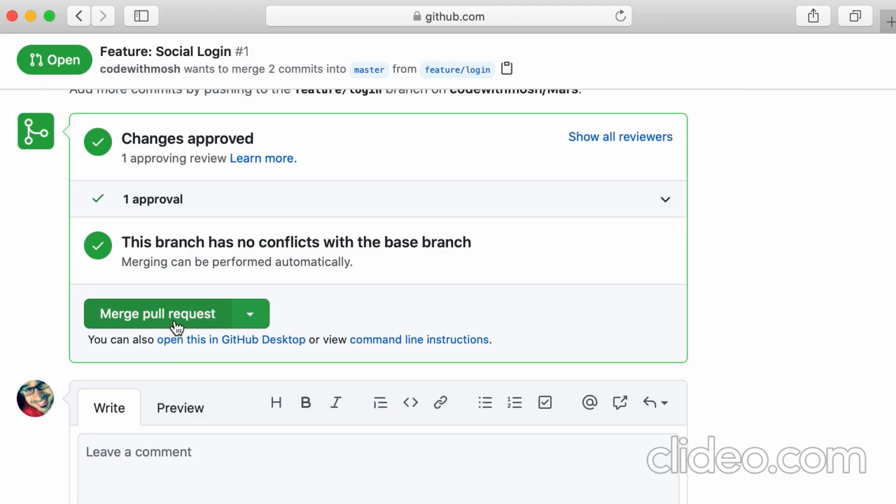Some teams believe that the person who started a pull request should not be able to close it. The pull request should always be closed by someone else. Otherwise, these pull requests are meaningless. Anyone can start and close them. But there's also a different opinion out there. Some people argue that the person